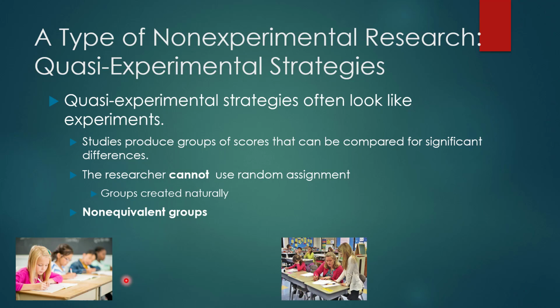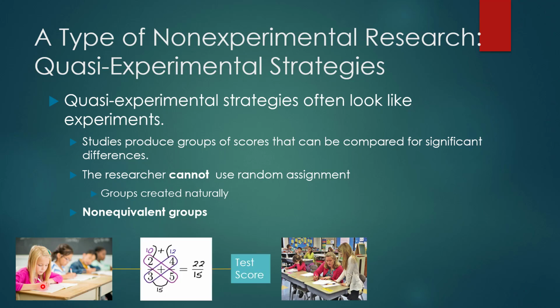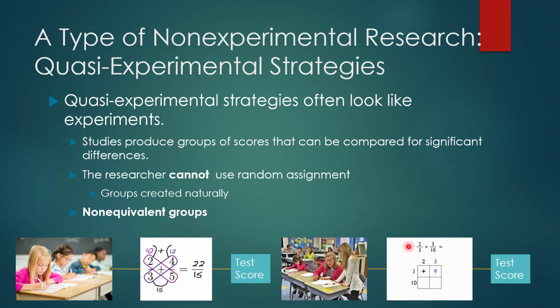There are other things that also might create non-equivalent groups: the teachers' styles, classroom environments, motivation among the students, all sorts of different things. And so in the end, one group is taught how to solve fractions using one method and test scores are examined at the end. The other classroom is taught a different method of solving fractions and a test is administered at the end. If there's a difference, it could be because of the different teaching methods, but it could also be because of differences between the groups. So it's just something to keep in mind with these quasi-experimental strategies. So now we're going to go in and talk about different designs within these quasi